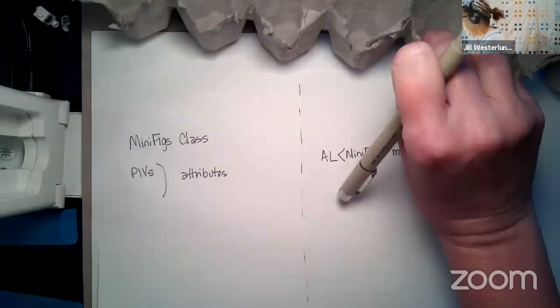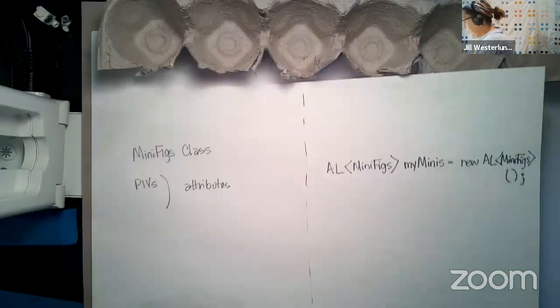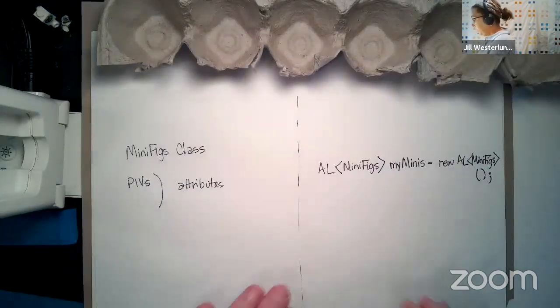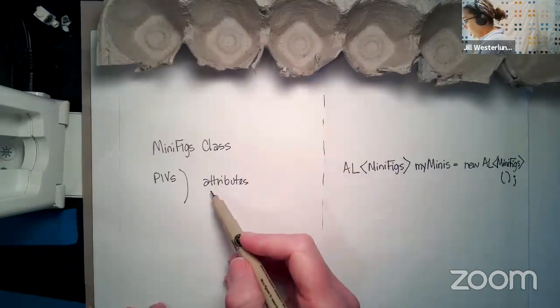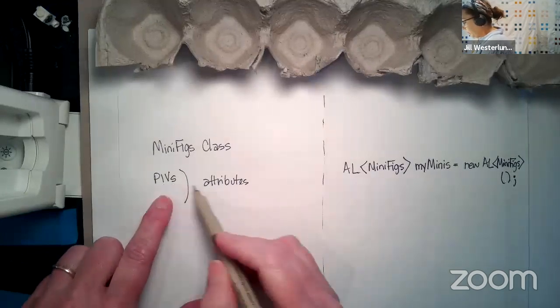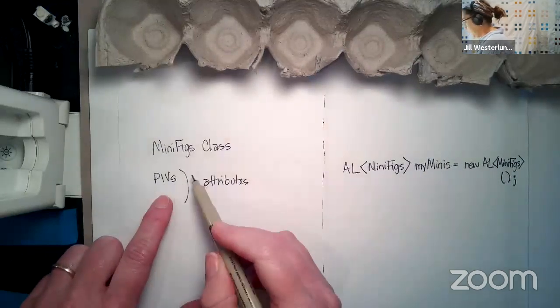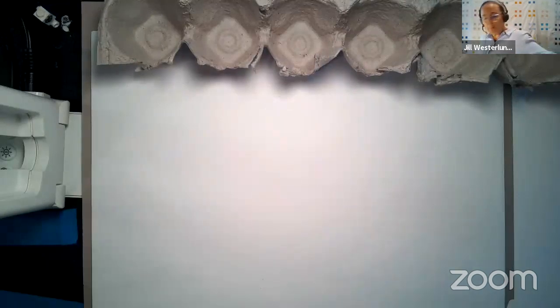Because the point of all this, y'all, is so that you can make methods to do things with them. And sometimes your methods are driven by the attributes that you created over in your class that they live on. All right, the next one. Okay, y'all are going to love this one.